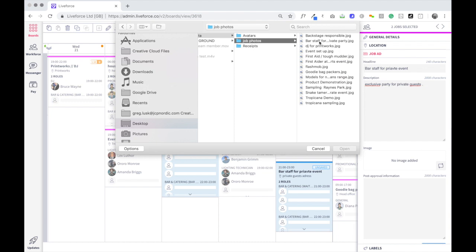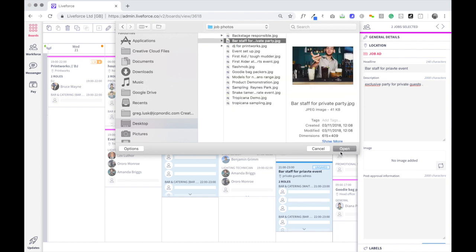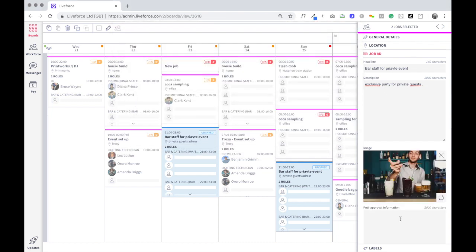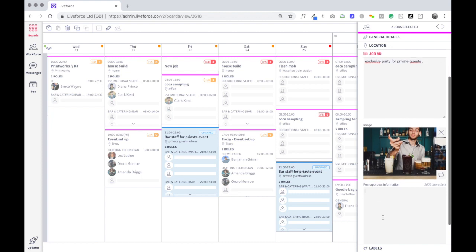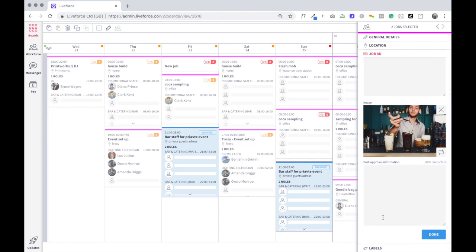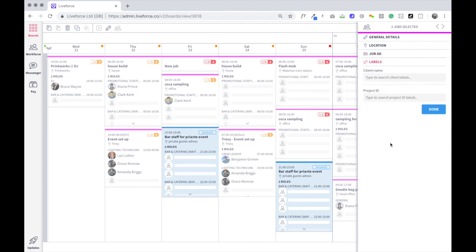So I'm just gonna find one. I've got him here. Bar staff for private party. Pop that in there. And then any sort of post approval information. So this is typically useful information the crew get after being accepted. So you will need to remember your black trousers, something like that, or bottle opener, whatever it is, important information afterwards. So I'm going to click done there,